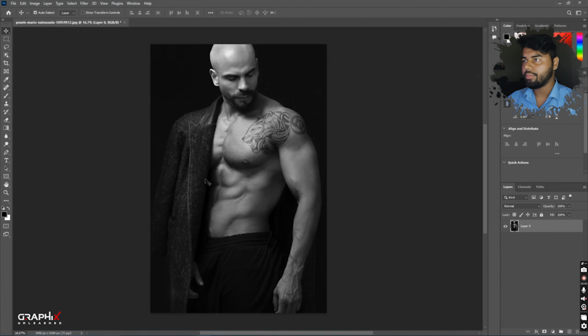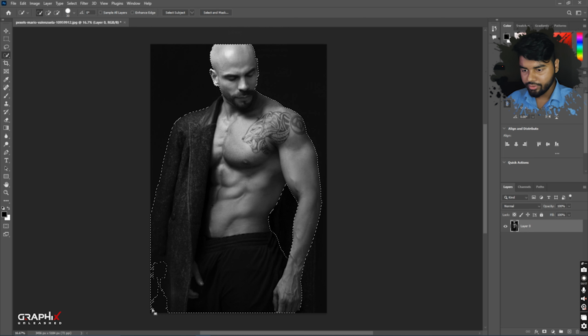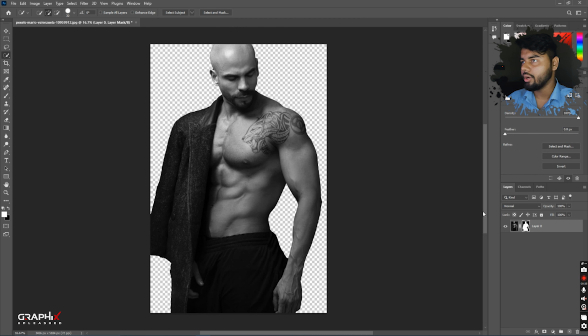So let's go to the screen. So here is our picture and we are going to create a subject selection. So go to the quick selection tool and hit select subject. And here's something unwanted. Just hold the Alt key and remove these areas. Yeah, fine. Now just create a layer mask